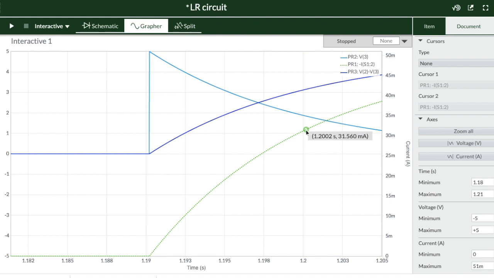So let's come to 31.486, which is very close to 31.5, and it is showing me the time as 1.001 seconds, and the time where it started increasing is 1.1902 seconds, and the difference in the time when it started increasing to the time when it reached 63% of maximum is coming as 9.9 milliseconds.